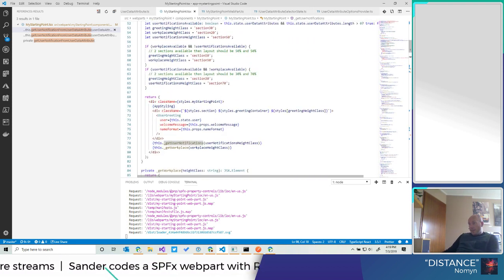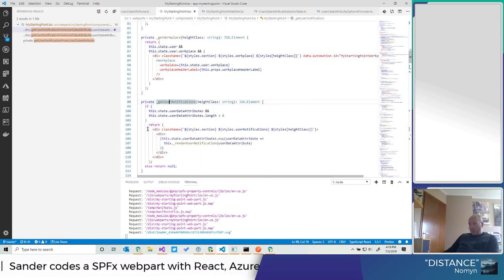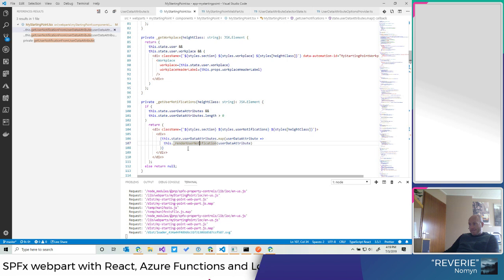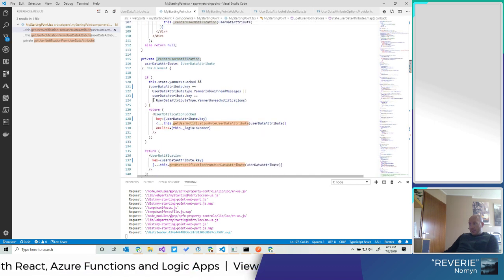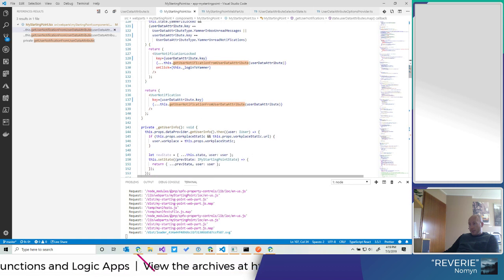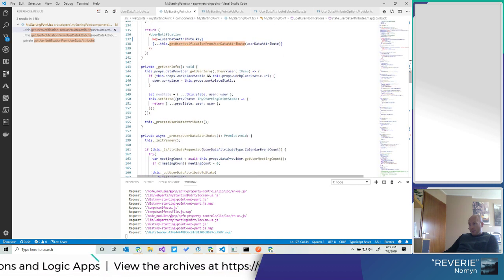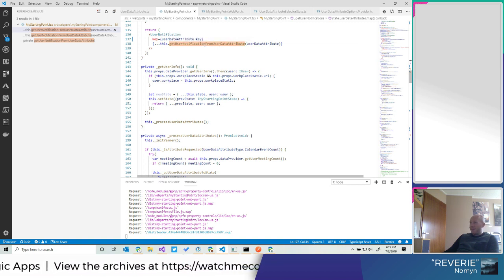It will render each user notification, using a map, so it iterates over all the user notifications. And then it returns user notification elements. And then it does a get user notification from user data attributes.